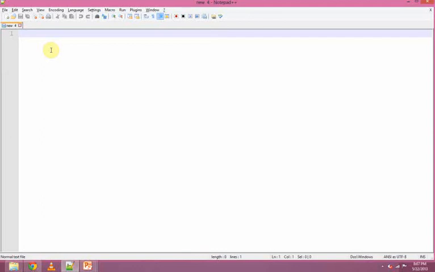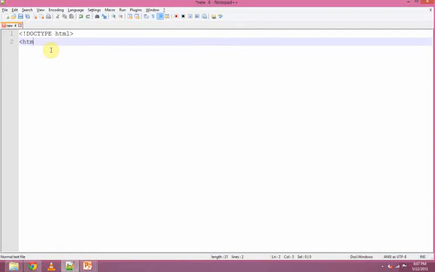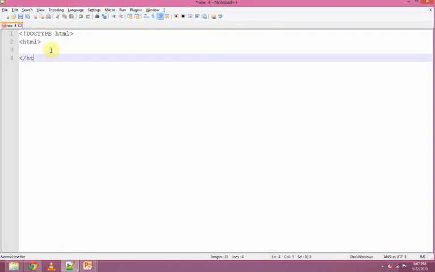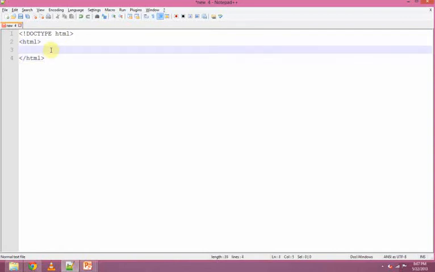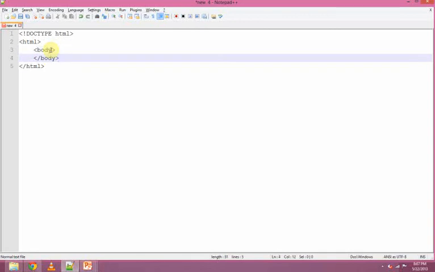Let's pull out an editor, and right now I'm using Notepad++, and start writing the code. The very first line of every HTML page should be your doctype html, which stands for the start of the HTML5 page. I will talk about it later in the section. So let's start with the html tag, and inside that write the body tag. And let's start writing our very first tag as h1, which is a heading tag. And let's write hello world.